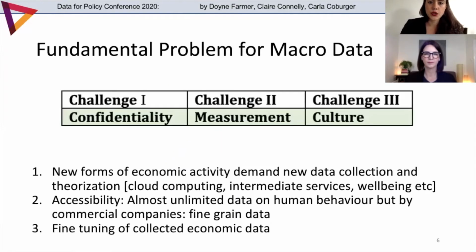Economics faces two fundamental problems. The first one is about confidentiality and the lack of access that we have to data. This lack of access is equally present for data harvested by commercial companies as well as data sets held and collected by government institutions. While confidentiality is meant to protect private data from revealing sensitive information about one individual, we